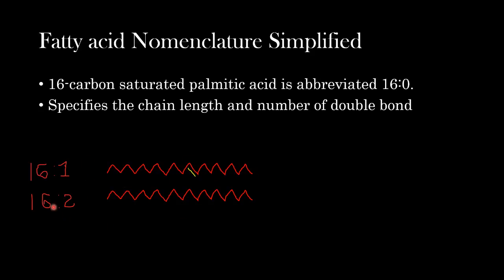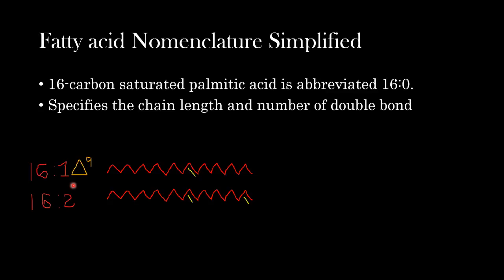Okay, and here in 16:2, how many double bonds will there be? There will be 2 double bonds. So this abbreviation specifies the number of carbons, or the length of the chain, and the number of double bonds. Okay, so along with this 16:1,